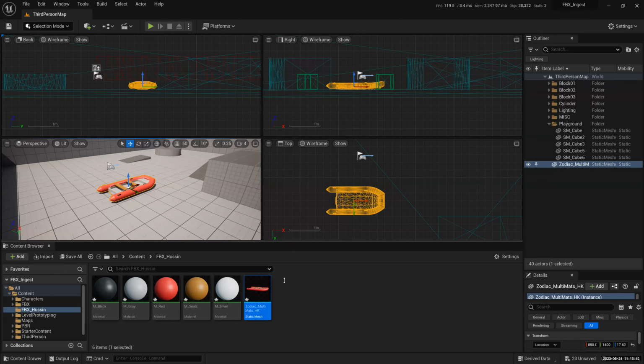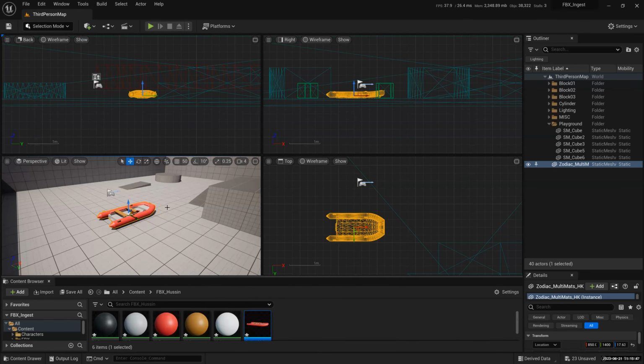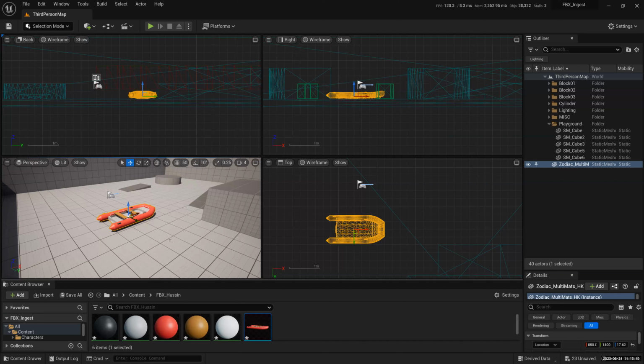Can anybody tell me why in perspective view we can see all the beautiful 3D stuff, but in the other views we are all in wireframe? Can anybody make any sense out of it? When I was first learning, it didn't make sense to me, but later when the trainer explained it to me, oh, that makes sense. Anyone want to try? There's no right or wrong answer. Actually, there is a wrong and right answer.